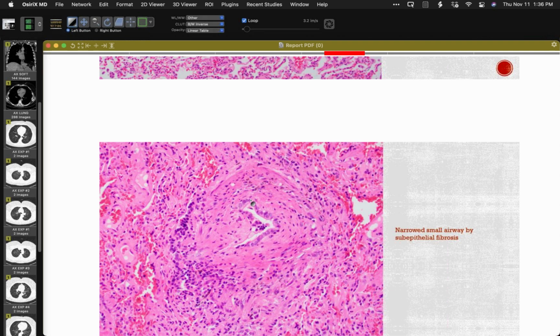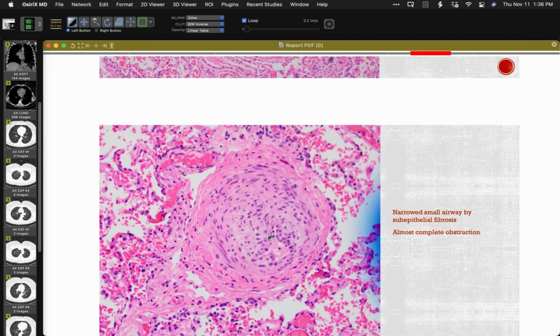The distance between here and there is substantially increased. So the amount of subepithelial tissue, and I wish I had the trichrome stain to show you. I don't know what happened to that, but with the trichrome stain, the distance between here and here was filled with blue. So this is a tremendous amount of subepithelial fibrosis in the wall of the airway,